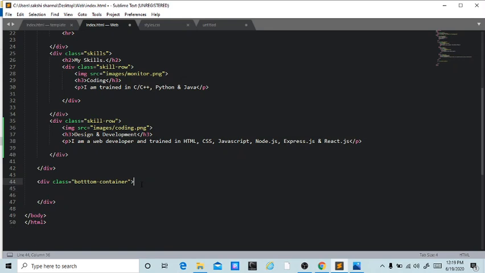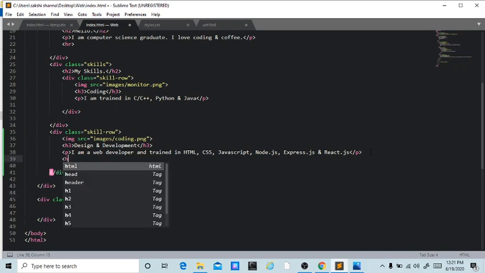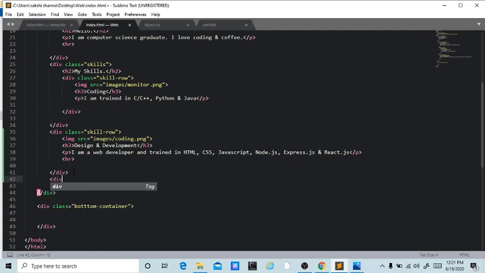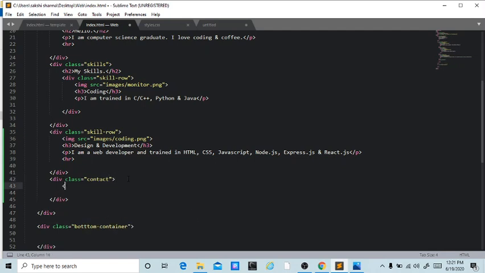In the bottom container we're gonna be adding footer, and let's put HR tag before starting our contact, because line is very important, everything looks organized. So let's add class contact, get in touch,